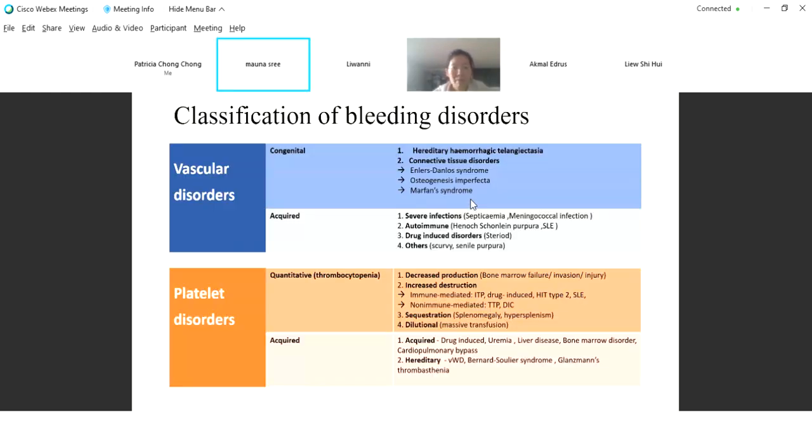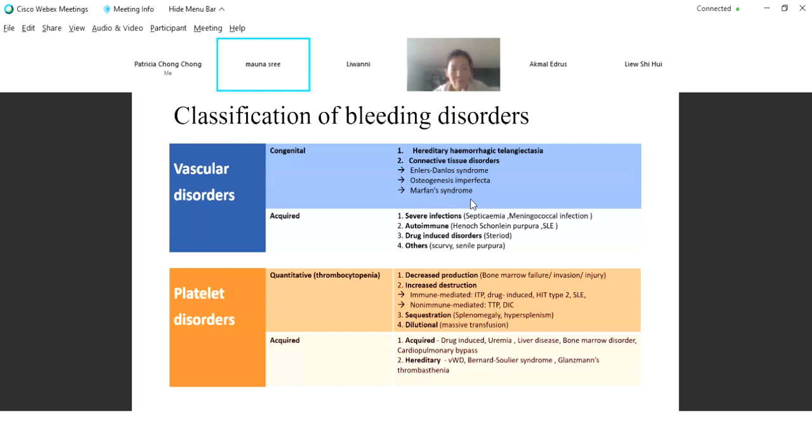So, classification for bleeding disorder. The bleeding disorder can be classified into vascular disorder, platelet disorder, and also coagulation disorder. So for vascular disorder, there are congenital causes such as hereditary hemorrhagic telangiectasia or connective tissue disorders, which are commonly Ehlers-Danlos syndrome, osteogenesis imperfecta, and also Marfan syndrome. For acquired cases: severe infection, autoimmune diseases, drug-induced disorder, usually due to steroids, and other causes such as scurvy